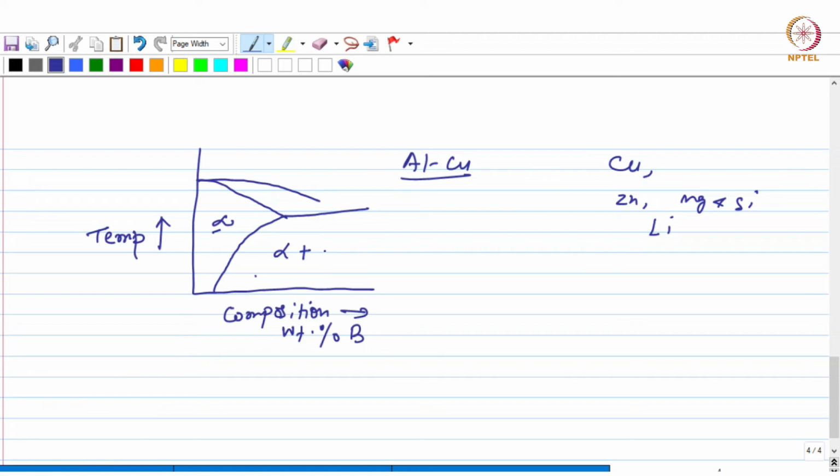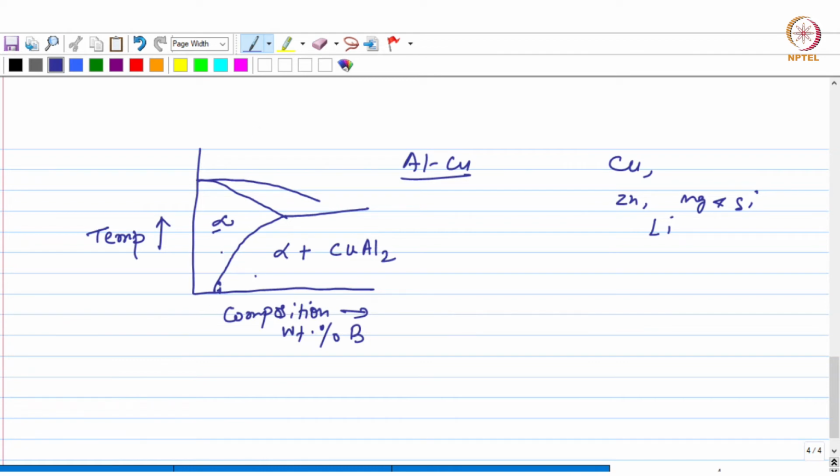In case of aluminium copper, it will be alpha plus the equilibrium phase, which is the theta phase, CuAl2. Okay. So at room temperature, let's say somewhere here, it has a particular composition, some amount of copper that